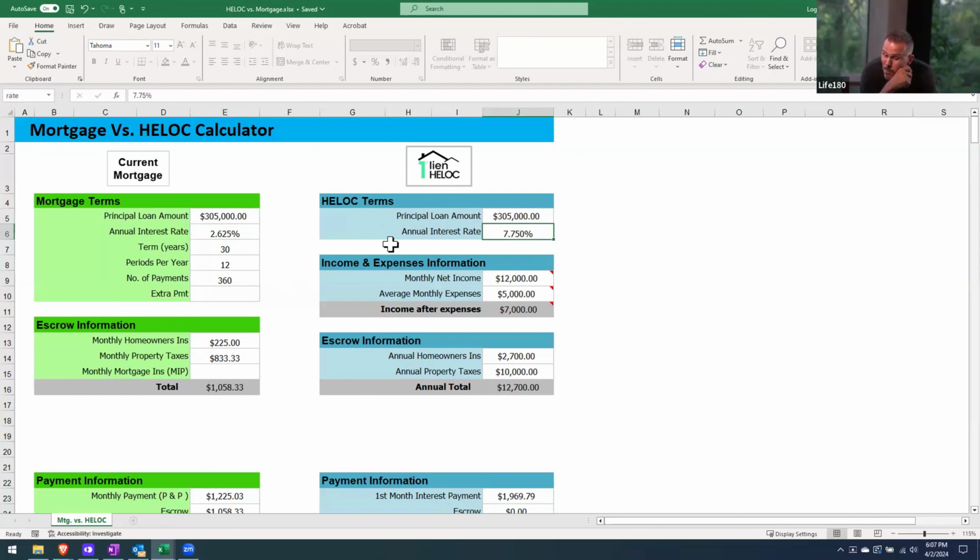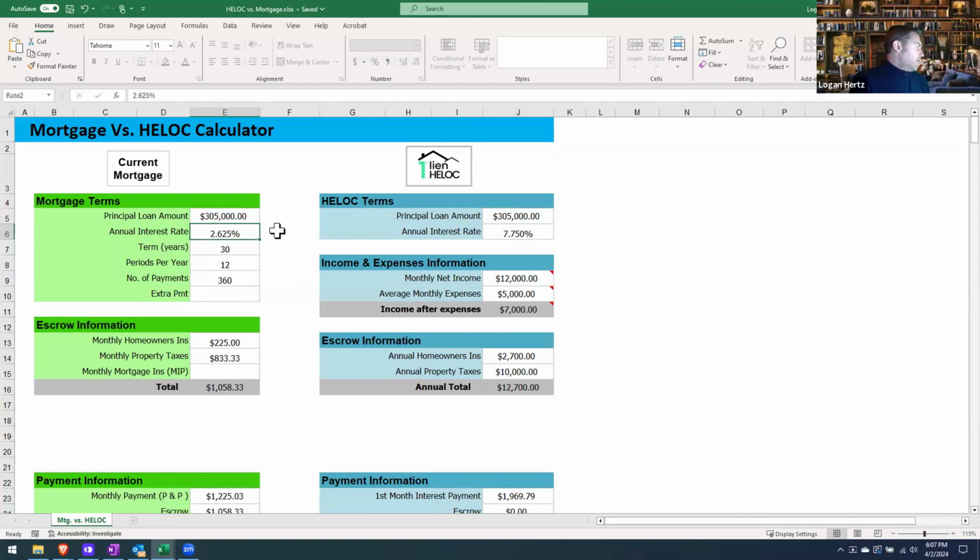That's like 300% higher. Most people would look at that and say, that's crazy. Why would I take out this home equity line of credit when the interest rate is more than triple this interest rate? How can this possibly be better? Well, it's because this is simple interest, whereas this is amortized interest, and we're using this as our cash flow